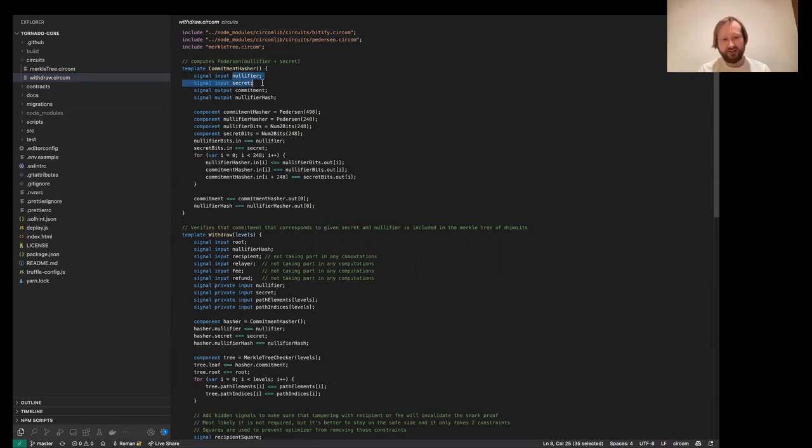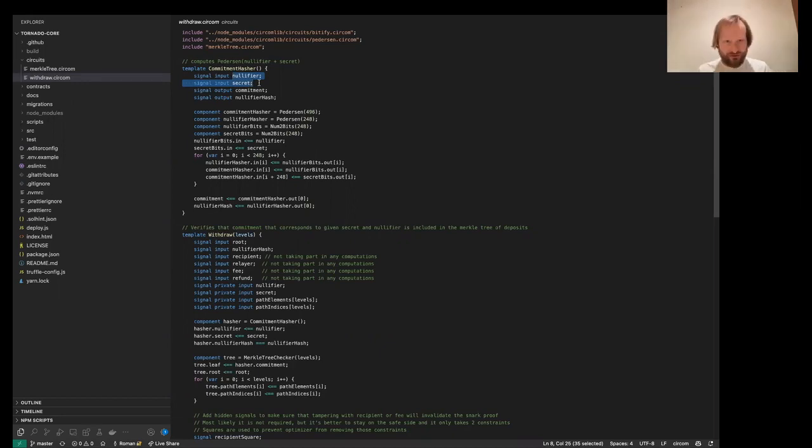Then they hash them and send the deposit along with the hash of nullifier and secret together. And when users deposit, the smart contract will take this hash and add it to the Merkle tree that is stored on chain and is built on chain.